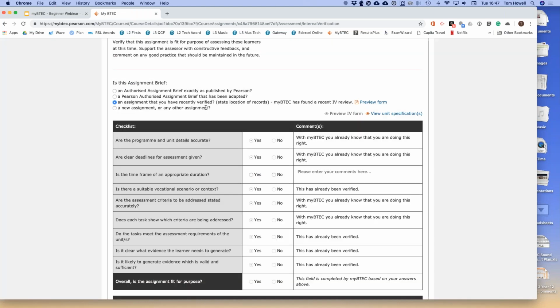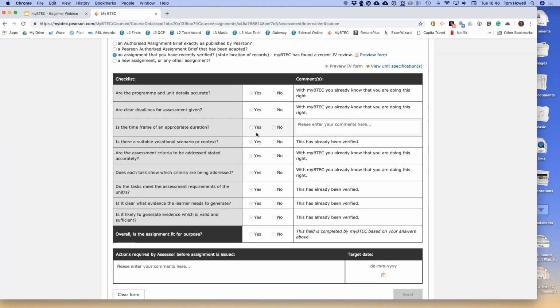So let's click on here, because it is one that's been recently verified. It's found the IV form for you to have a look at. So all we need to do is comment on the date. We'll say, yes, it's an appropriate time frame. We'll say they have 5 hours a week for 2 weeks, and it avoids mock exams. This should